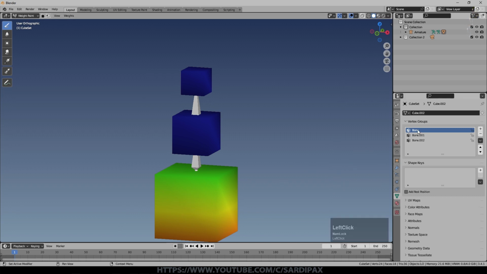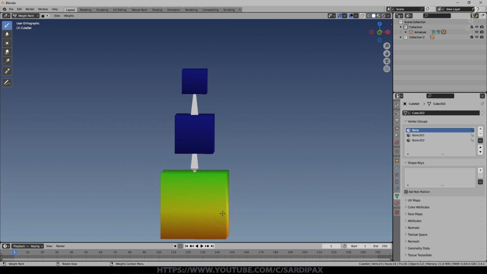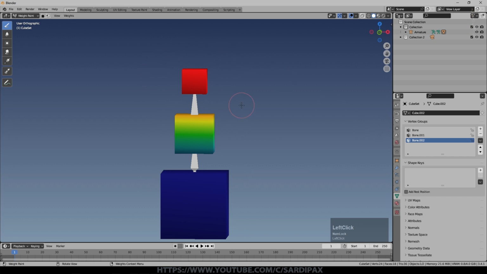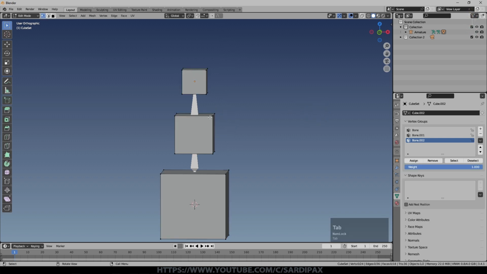So that will be the base bone there. And you can see that's only really associated with the bottom cube. If I select the middle bone, it is associated with the middle cube, although the weight gets a bit light at the top. Red is fully selected and blue is unselected, but it's also significantly affecting this one. And then if I select the top one, fully selected the top one, but it hasn't fully selected this one. Some of that's down to how I positioned those bones when I did it, but we can easily fix it by going into edit mode.